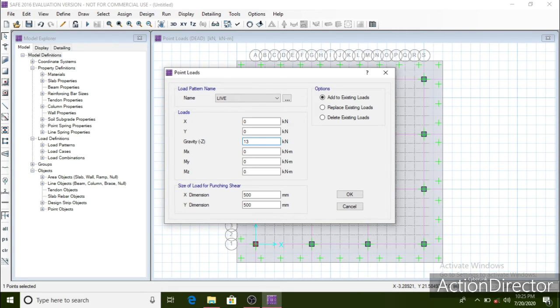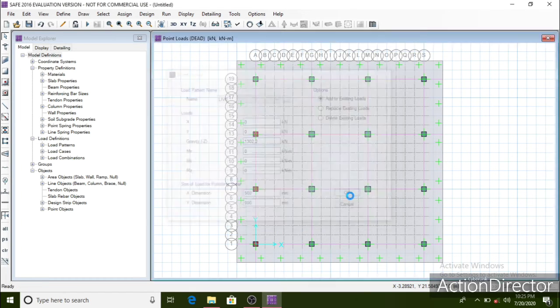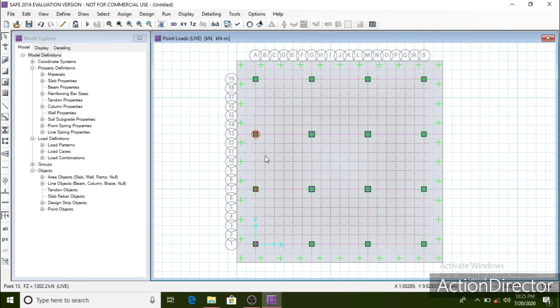All these values of loads, whatever I am entering here, I have got from the analysis and design results of the 23-story building design, which I have already posted prior to this video. So from the results of that design, I have got these values, that is the dead load and live loads at the base of those columns, and I am entering those values in this software in order to design this mat foundation.